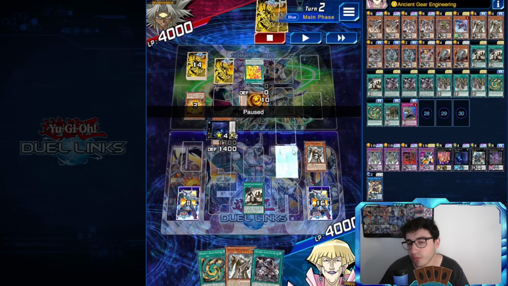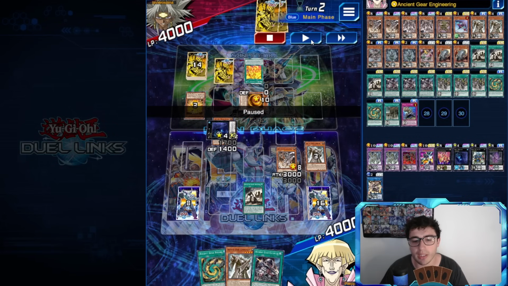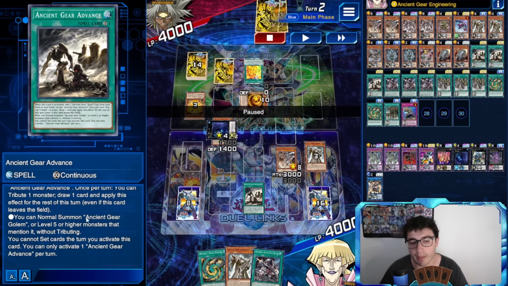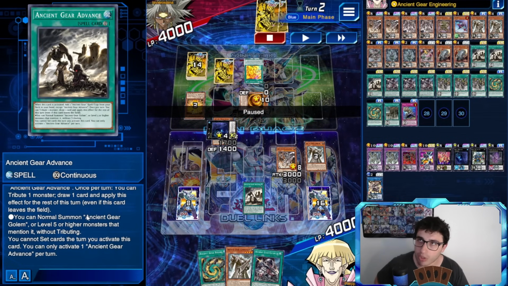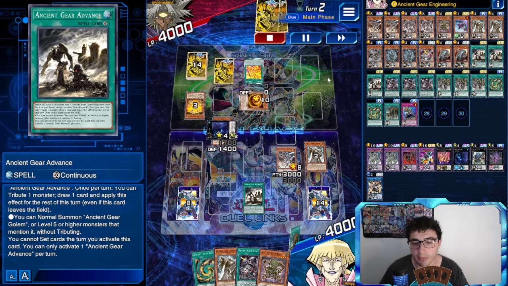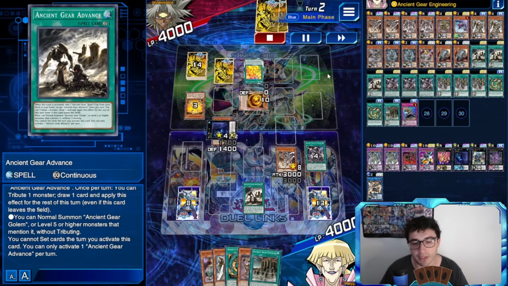At this point I'm not going for the rank 8, guys. I don't really think I need that, so I went for the normal summon of this guy, because we tributed with Advance. Keep in mind, with Advance, when you tribute a monster and draw a card, then you can normal summon Ancient Gear Golem or a level 5 or higher monster without tributing. So we got the Dark Golem, getting the search out, discarding the Catapult, the box to get the dragon, and